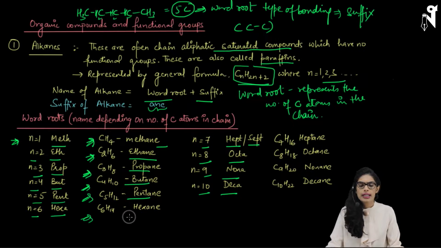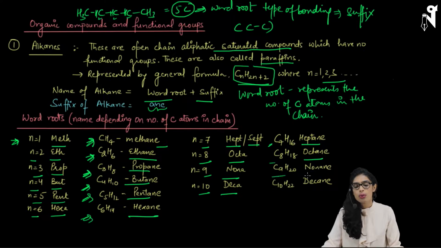6 carbon chain, hexane. 7 carbon chain, heptane or septane, anything you can call it. 8 carbon chain, octane. 9 carbon chain, nonane, and 10 carbon chain, decane. Now,